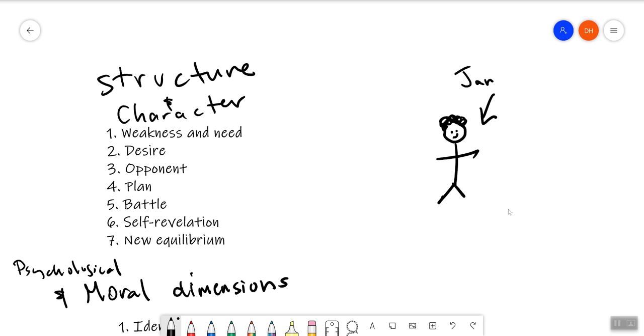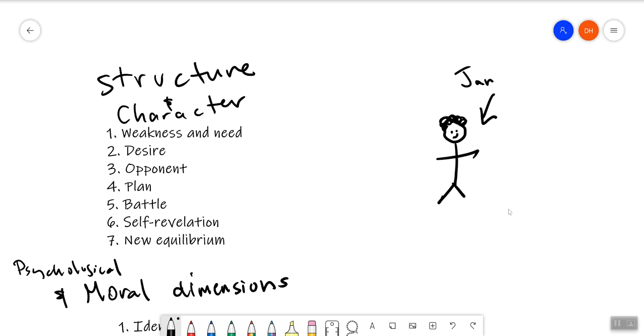Now, her psychological need causes this moral need. Okay, she eventually in the story will have to do one of two things when we get to the self-revelation: try to change that thing within herself to become a better person, or she tries to change and it ruins her. Okay, those are the basic story structures that we're looking for.